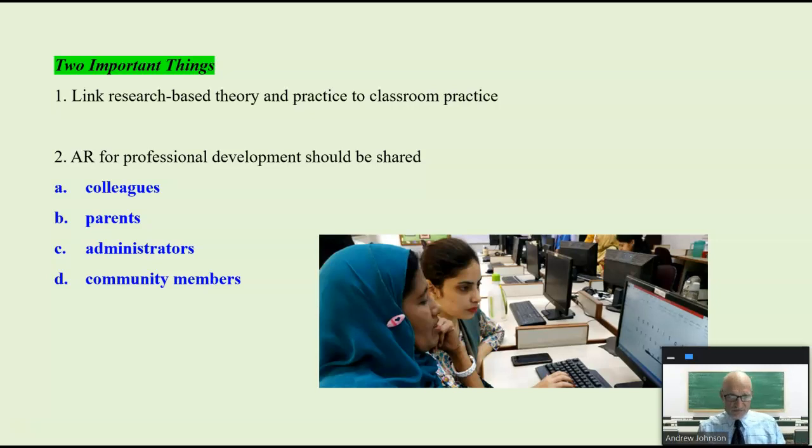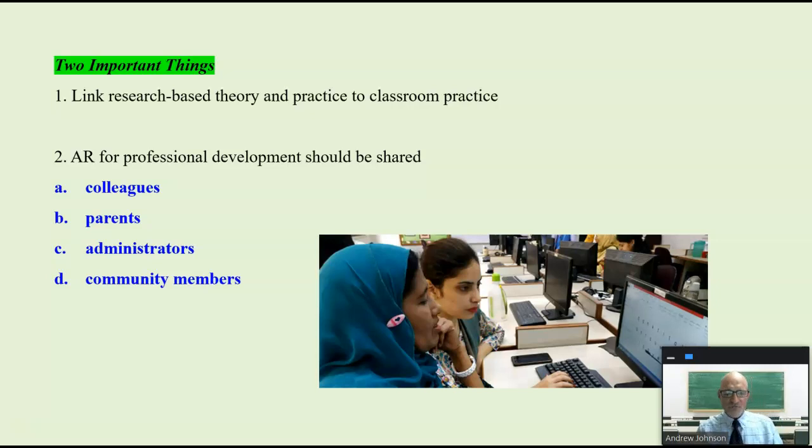So a literature review is an important part of action research when used for professional development. It enables a teacher to become an expert in the topic that they're looking at. So we must ground action research in a solid theoretical context.